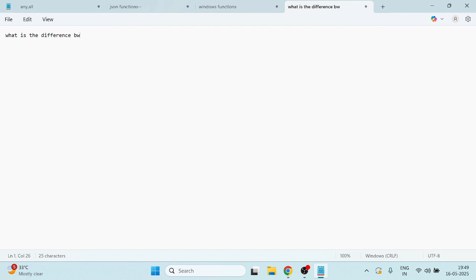What is the difference between Azure Data Lake Storage Gen1 and Gen2? This is an interview question, please remember this. Here, what is the difference between Azure Data Lake Storage Gen1 and Gen2 means, here what happens means,